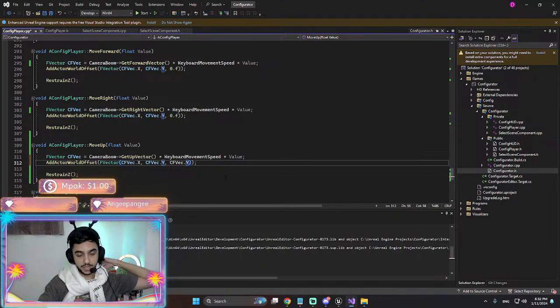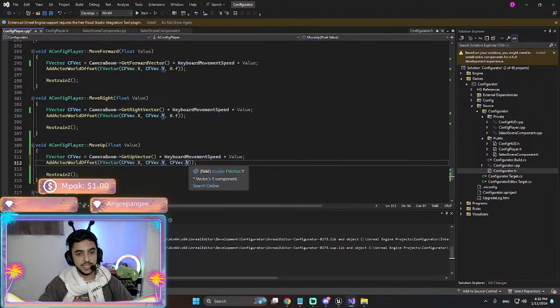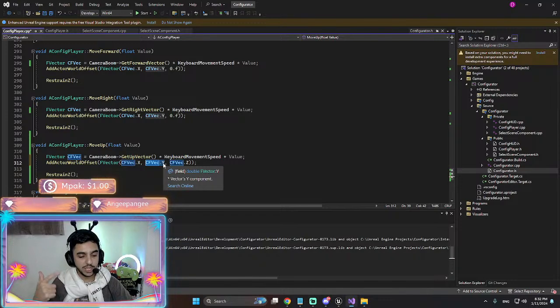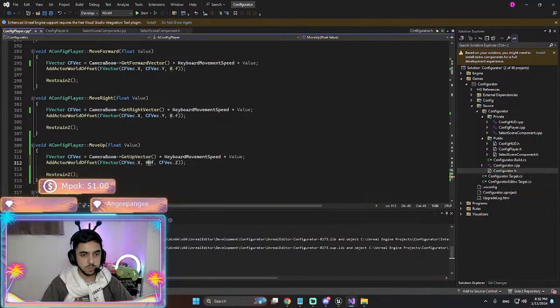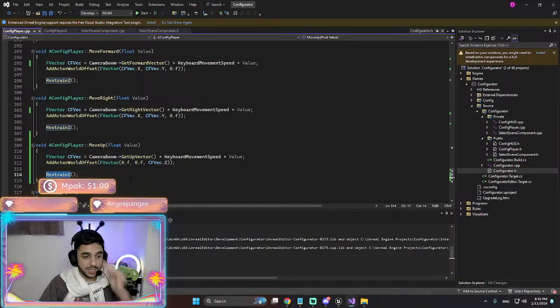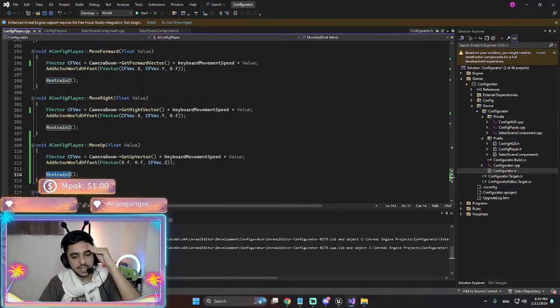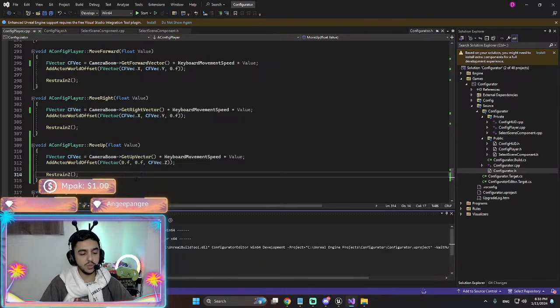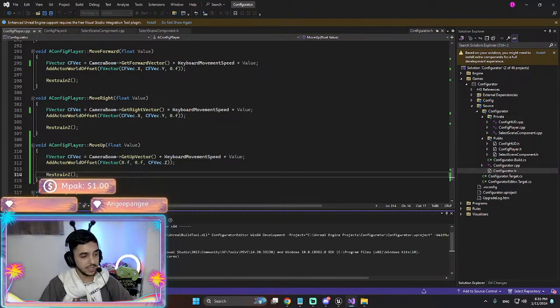Okay, sorry guys. I only want to change the Z. I only want to move the player in the Z-axis whenever E and Q button is pressed. So this one is gonna be 0.f. Why is my point not working? 0.f. All right. Let's hope it works. Restrain Z. Basically, I have something that the player cannot go above a certain height or below a certain height as well. So those are adjustable. It can be set to infinite as well. But anyways, it is what it is.